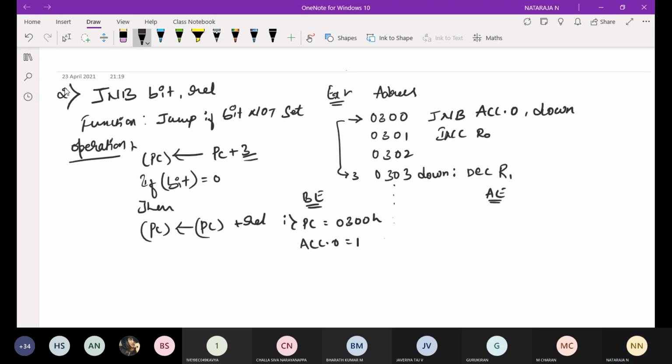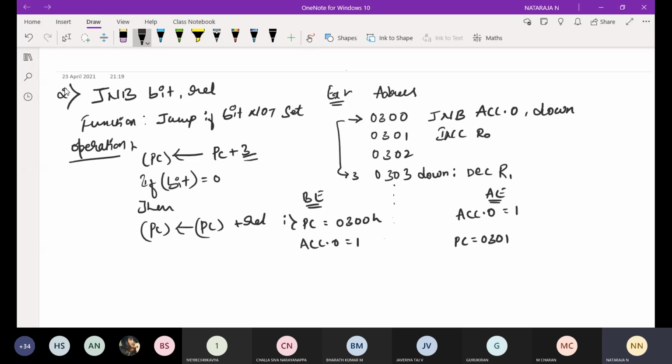After execution, accumulator dot 0 is equal to 1, so what is the program counter address? 0301. Why? Because this is a false statement. Accumulator dot 0 is set, so it will not go to the label. It will continue with the next instruction.